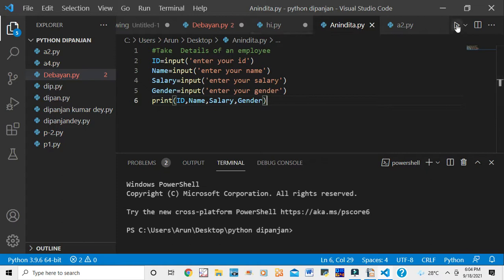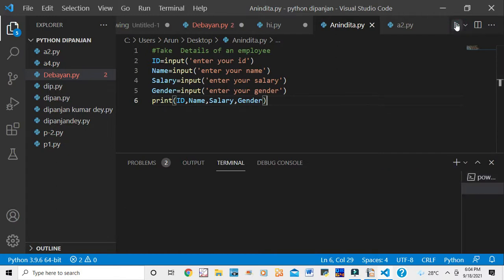So now what I am doing, I am just running the program. Okay, so just press, then it will run the program. You see, it is just taking time. It will run the program.